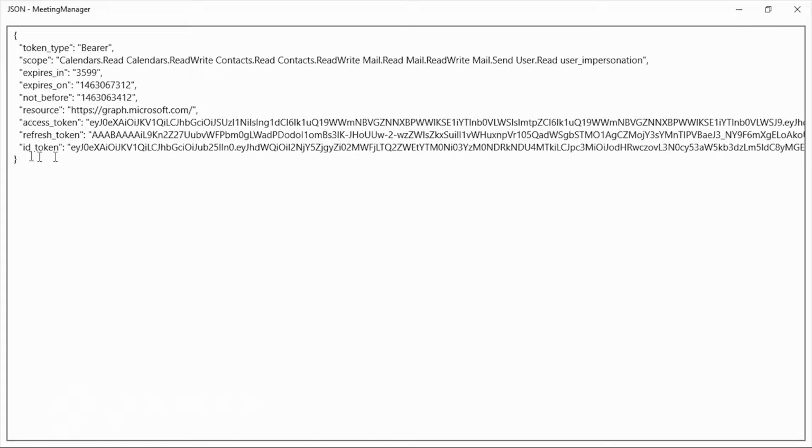We got 3 tokens. The first one is the access token. This is the token this application is going to use now. This token usually expires in an hour. When it expires, the application will need to use the refresh token to get a new one.